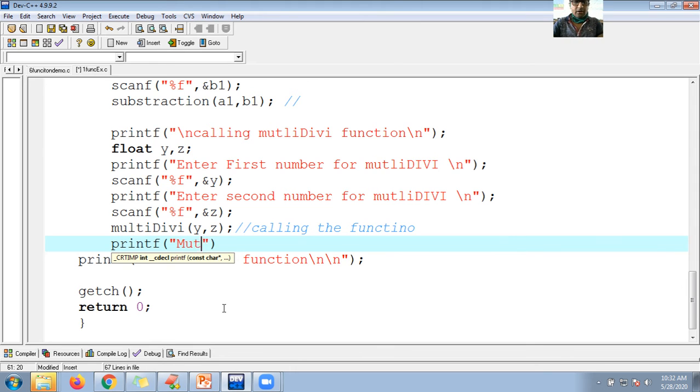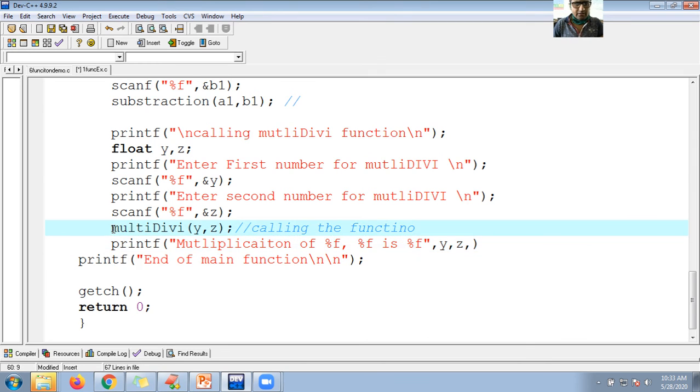How do I call? Multiplication of %f comma %f is, that's it, guys, %f. So comma y comma z comma, let me hold, this will show once again, guys.